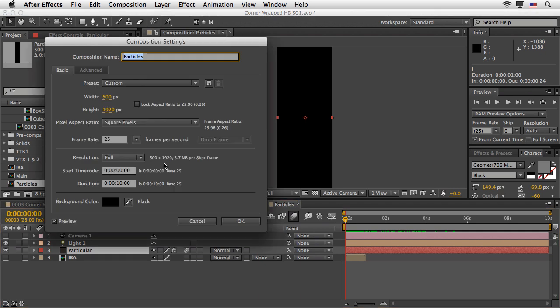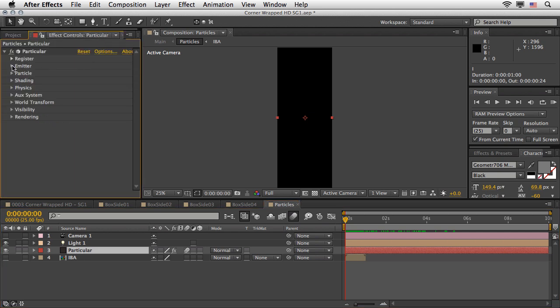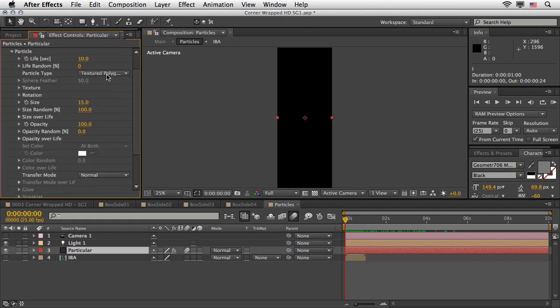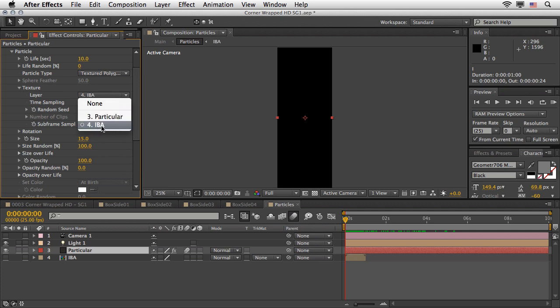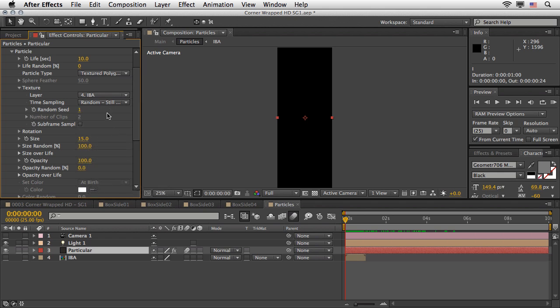The composition size here is 500 by 1920, so a little bit narrow. And here there is also a solid layer, the same dimensions, and the Particular effect is applied to the solid. Now the solid uses the particle as a texture polygon, and under the texture I defined it to use the IBA composition I just showed you. And the time sampling here is random. It means that it will pick still frames from the 3 frames that we just saw